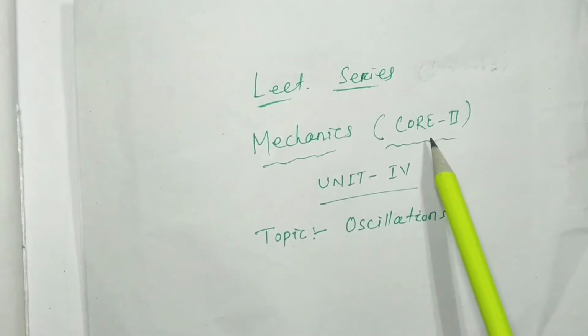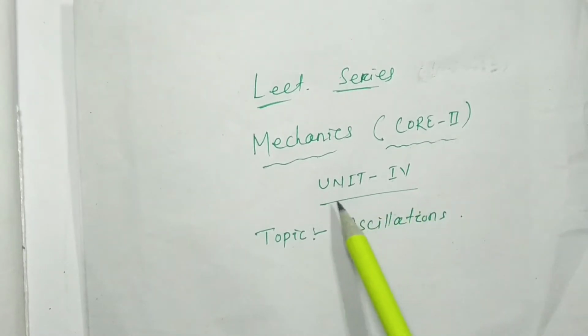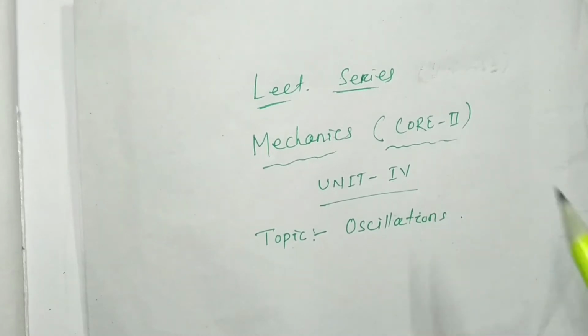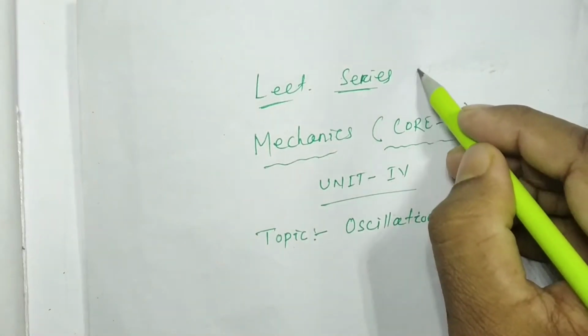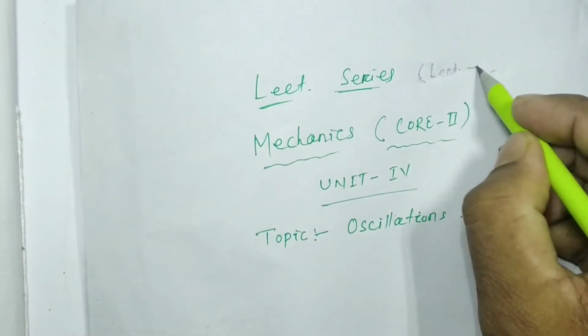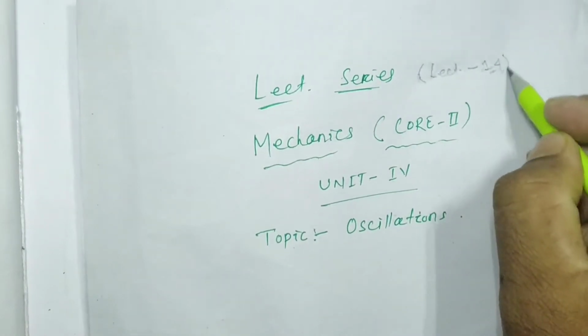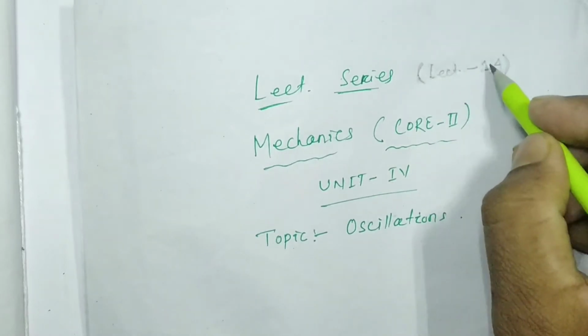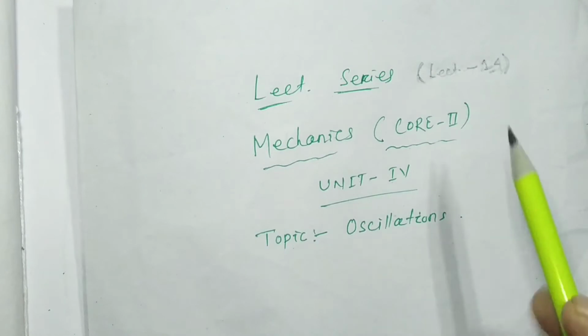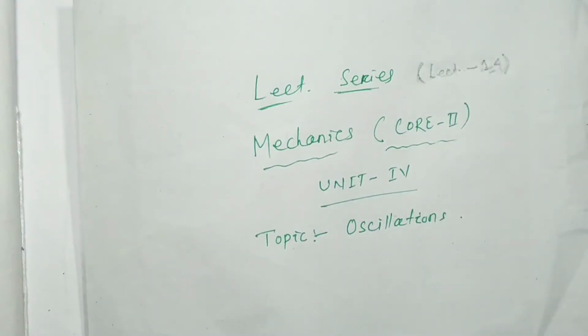That is your core paper 2, and we are discussing unit 4, the topic is oscillations. This is our lecture number 14. In our last class, that is lecture number 13, we discussed